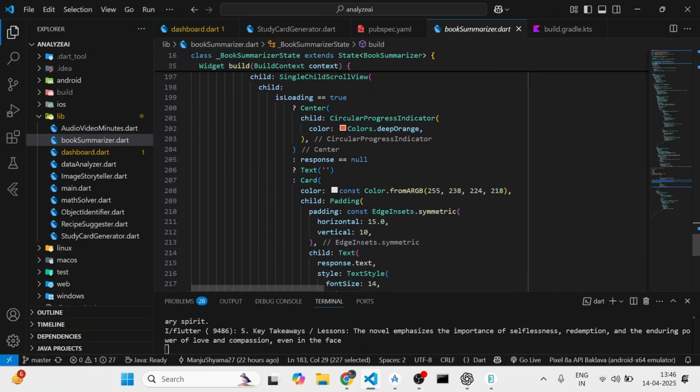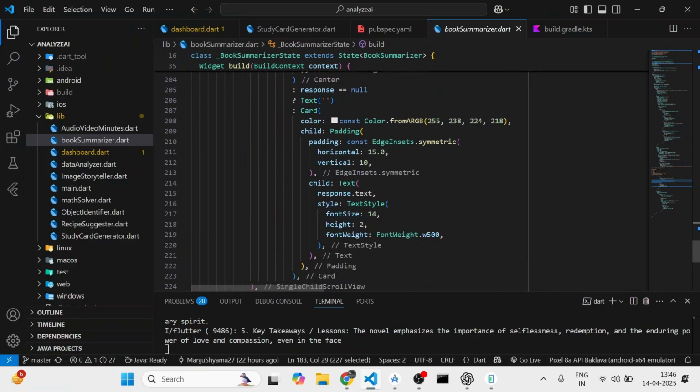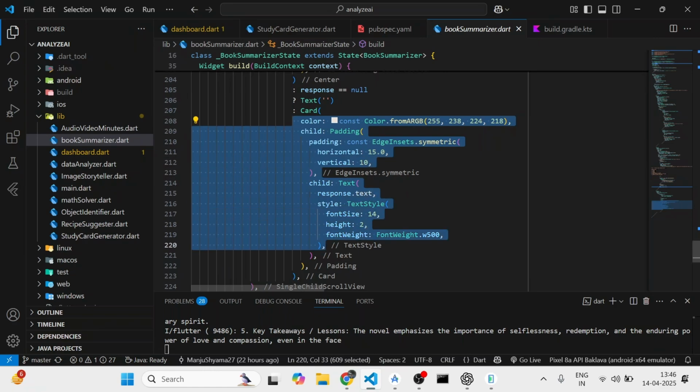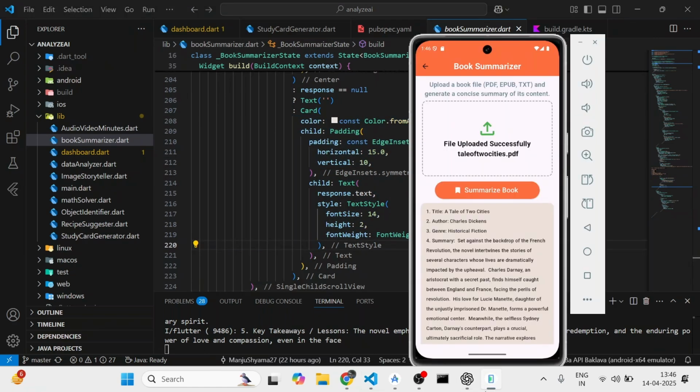I will be showing that inside a card, and this is some basic styling that I have used over here. So this is a basic book summarizer application that I just showed you. On similar lines,